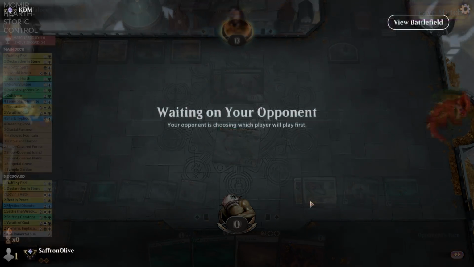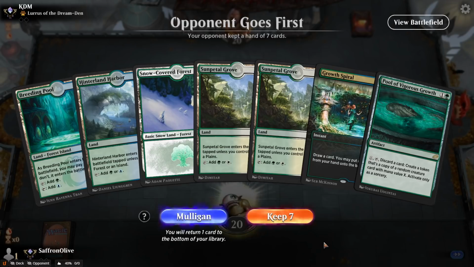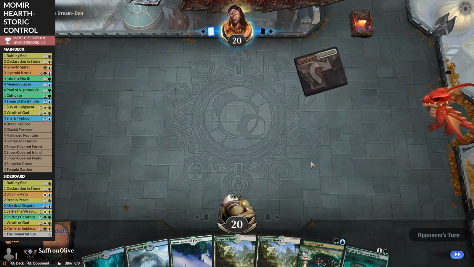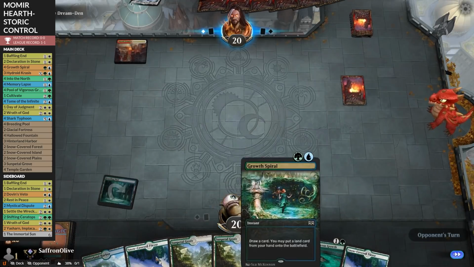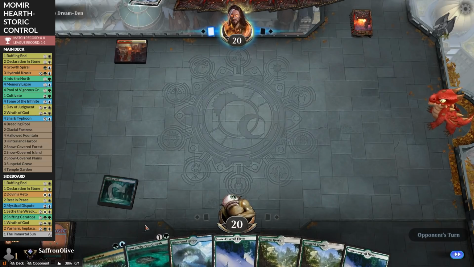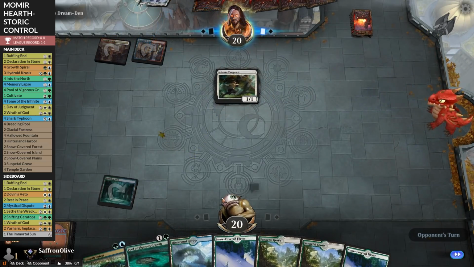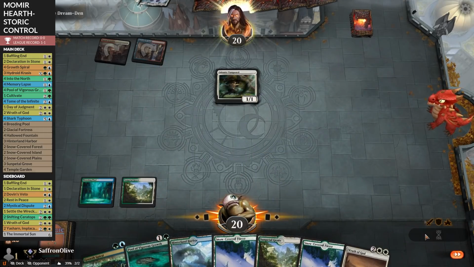Sweet. Against the odds time, we are playing some Momir, playing some Hearthstone in Historic this week. Little risky that our opponent could have Thoughtseize, but I like Pool of Vigorous Growth. I know this hand has a lot of lands, but a lot of lands is like a real Momir hand. In Momir, your deck is literally all lands,